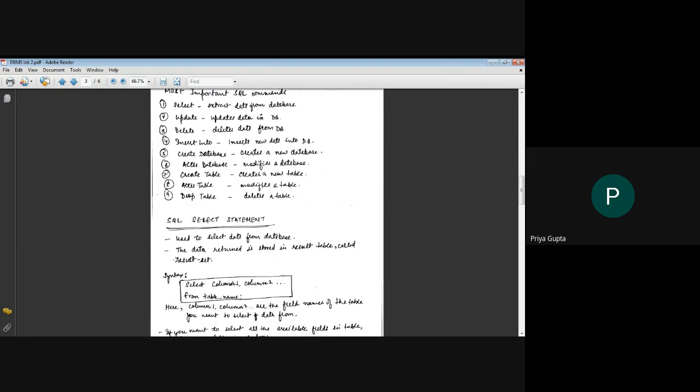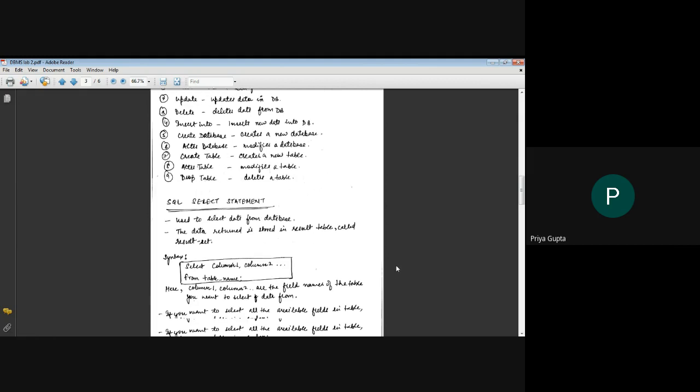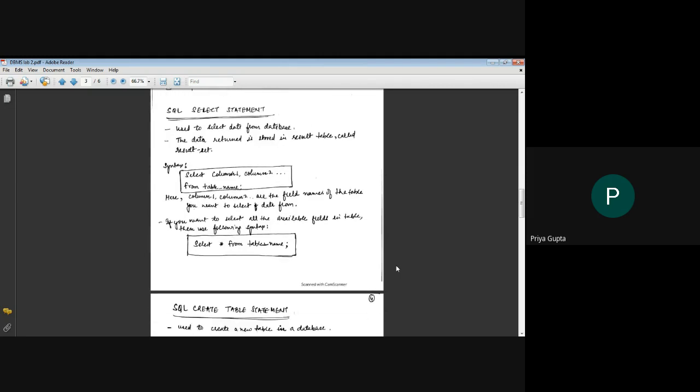From now onwards, for each SQL command we will see how to write it by looking at its syntax. Then we will discuss an example, and in the end we will see how it is actually implemented on the compiler. First is the SQL SELECT command.